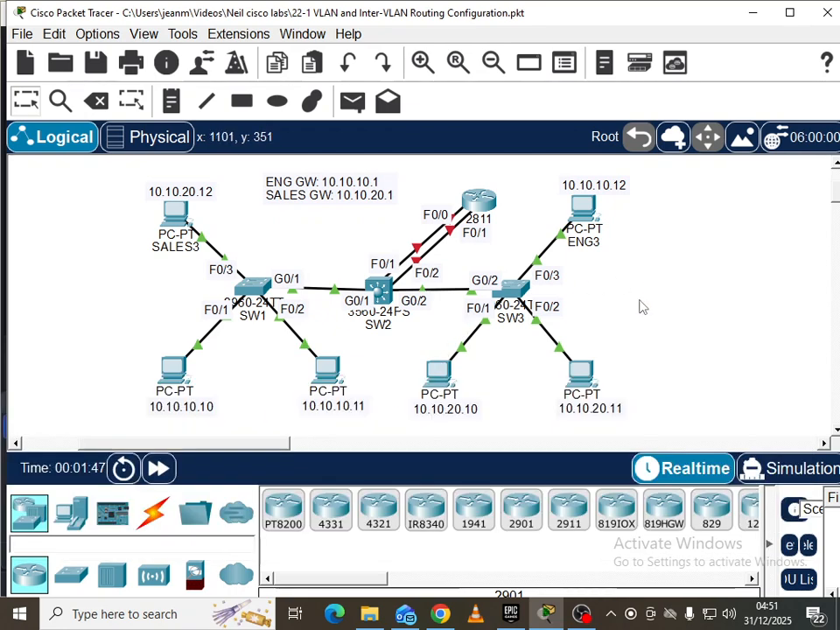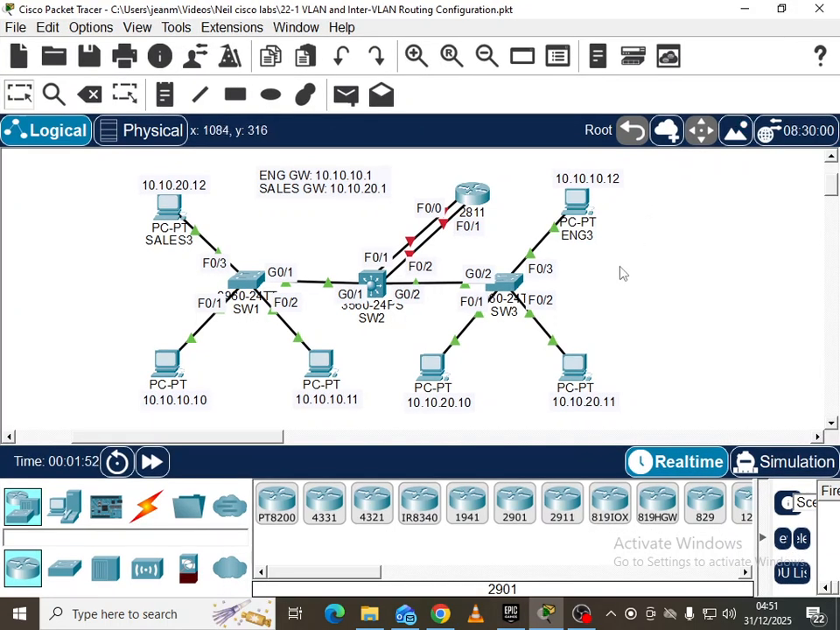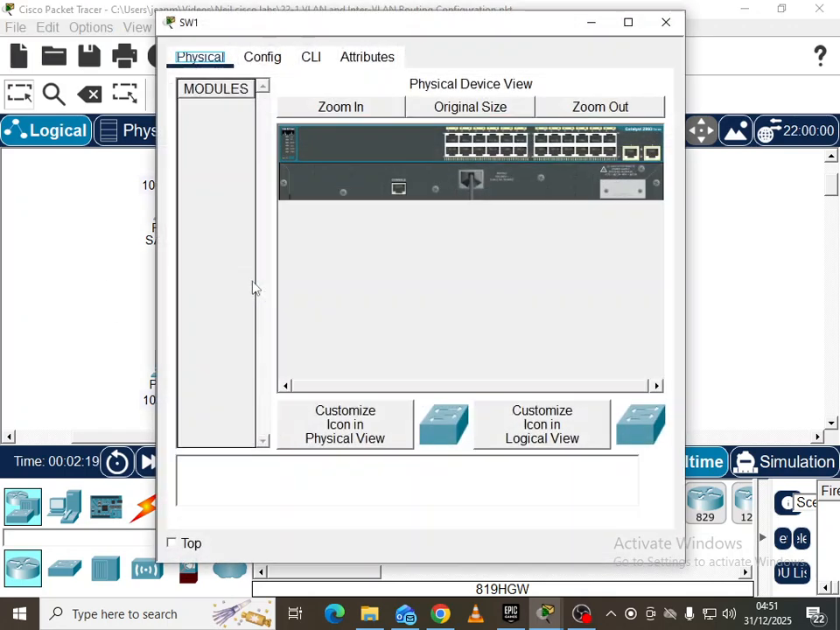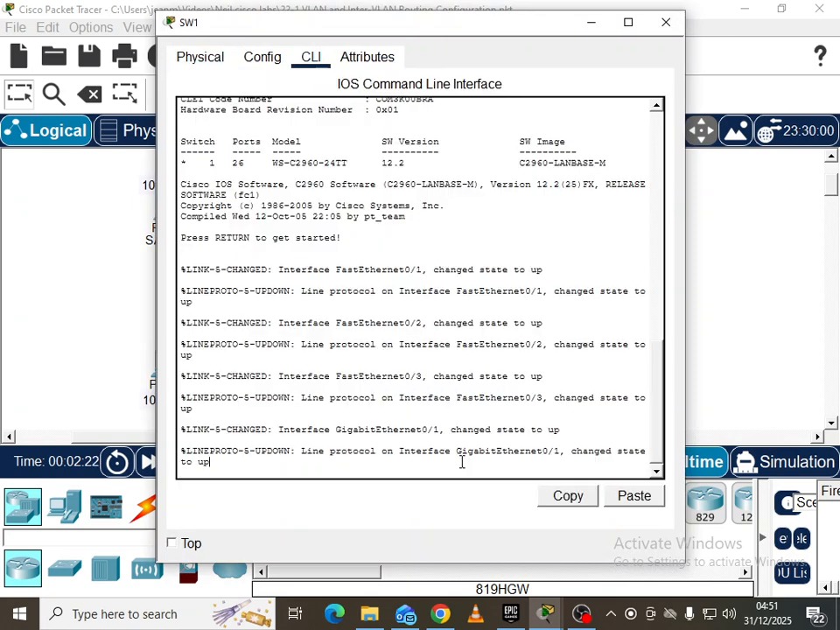Today I wanted to talk about VLANs and VTP for the trunking protocol. As you can see in this topology, we have three switches. This is a multi-layer switch, and our switch three, and we have one router right here. So we have the engineering PCs and the sales PCs. So I just want to show you guys that